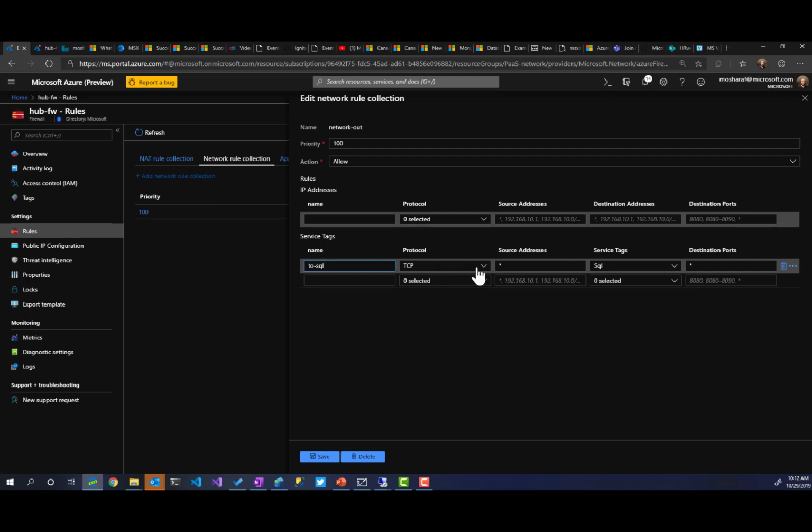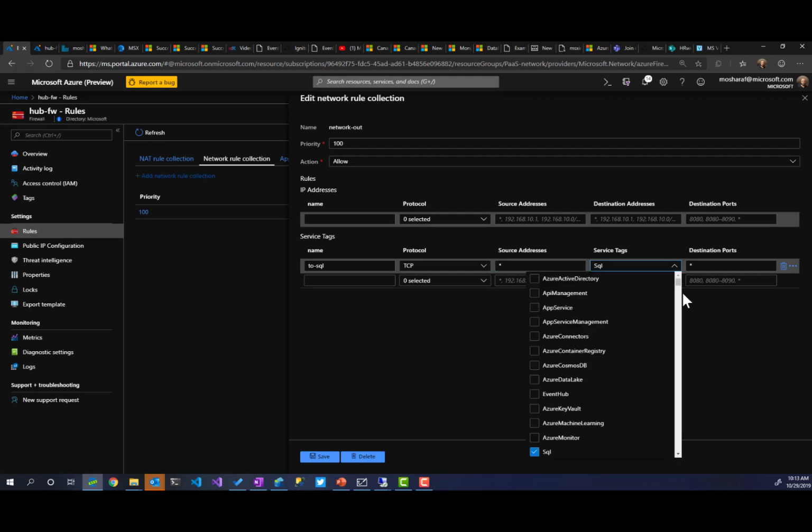The protocol is TCP. Source address star. It can be star or a specific source address, and the source address in this case can be the private IP of my machine. So if I have 2 machines, and I want only one of them to connect to the SQL database, but the other one should not, then I should use the internal IP of one of the machines here. The service tag, and as you can see here, we have all the Azure services